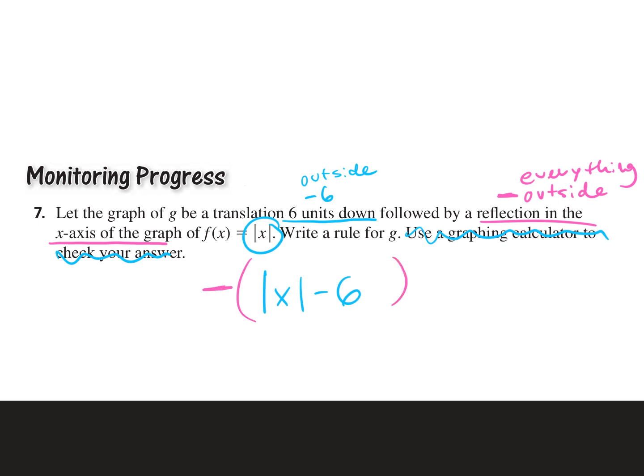So when I distribute that negative, can it go inside the absolute value? No. So it stays outside. What else does it get distributed to? The negative 6. So it turns into what? Well, yeah, but what would the whole answer be? Awesome. The negative absolute value of x plus 6. And this, it tells us to name it as g. So g of x is equal to